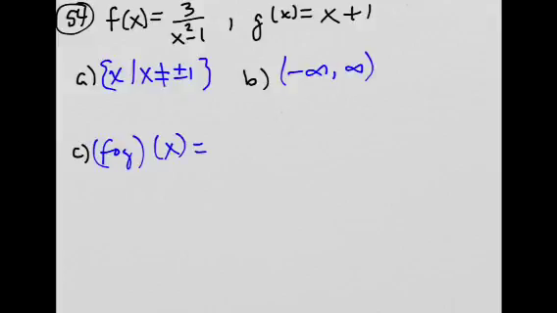So we're going to take this function and place it in place of that x right there. So it's 3 over squared minus 1. In the parentheses, we're going to put x plus 1. And remember when you square a binomial, do not forget that you